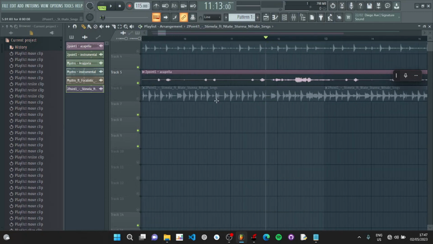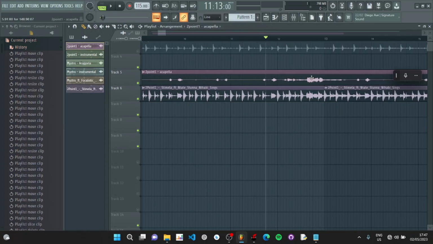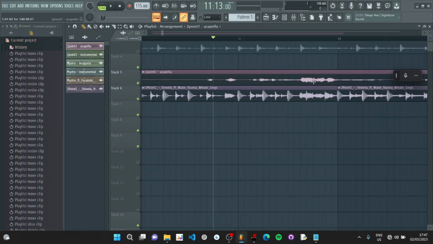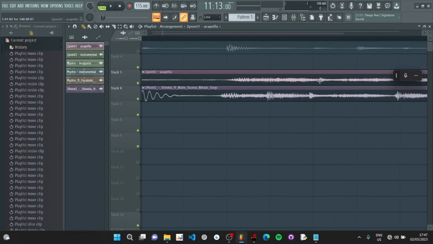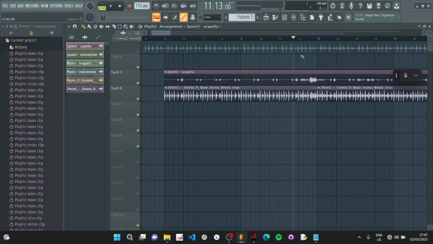What I'm going to do is unmute this so I can mix them up. Sometimes you'll get lucky when you zoom in. You can actually see where the waveforms are, so you can easily match up. As you can see, this big line, these are perfectly matched. It's not like the first one, where we had to struggle. Let's listen. Perfect, got it. Now we are done with the original.